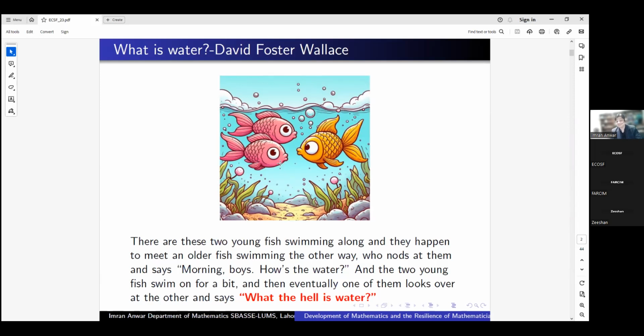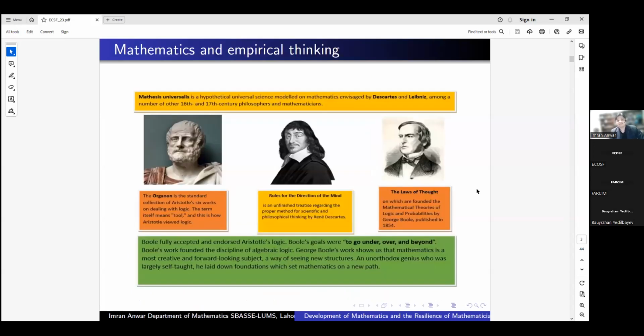So the main thing is that the hardest question or hardest point in general day life or even in sciences is to understand the most trivial thing we are living in. The two young fish are not familiar with the importance of the water until they come across the question, how is the water? So thinking has played a very, very important role in the development of mathematics and philosophy during the different eras. So I would like to start with this particular point where mathematics and empirical thinking took its place